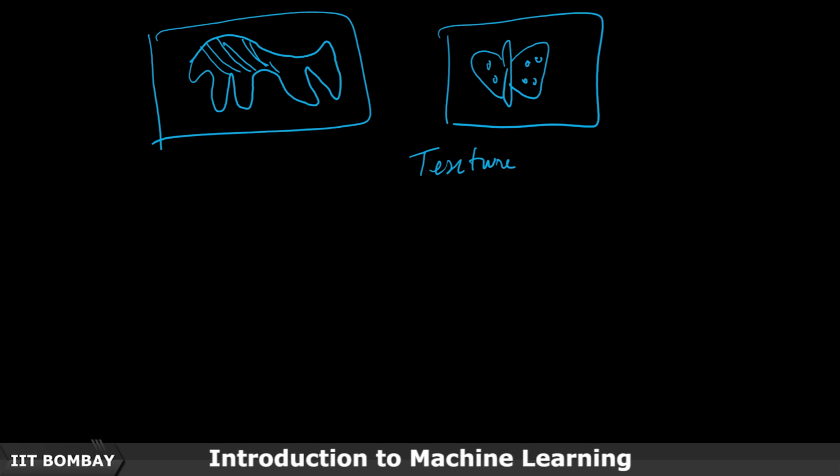To describe texture, we use something along the lines of Fourier descriptors. We take a two-dimensional Fourier transform of the image, and if there is a particular repeating pattern, we will see a spatial frequency will have a large power value, and that will give us some idea of what the texture in the image is like. So we can use Fourier descriptors,